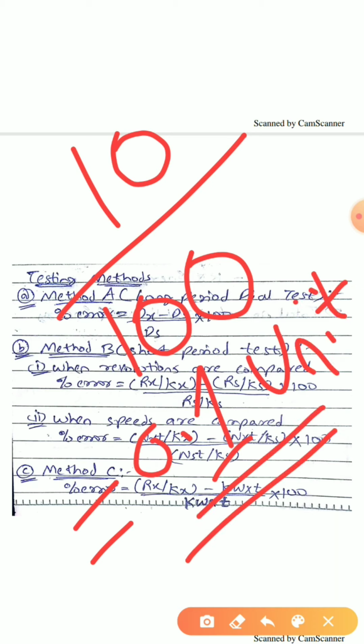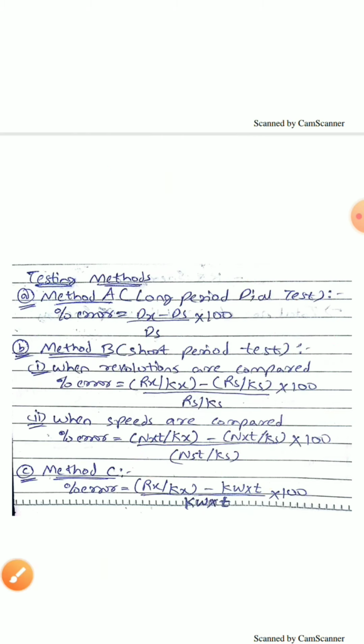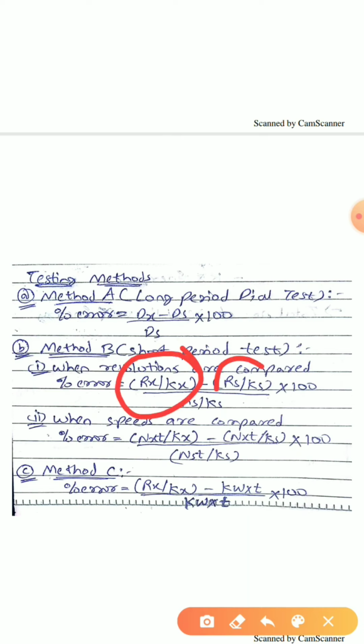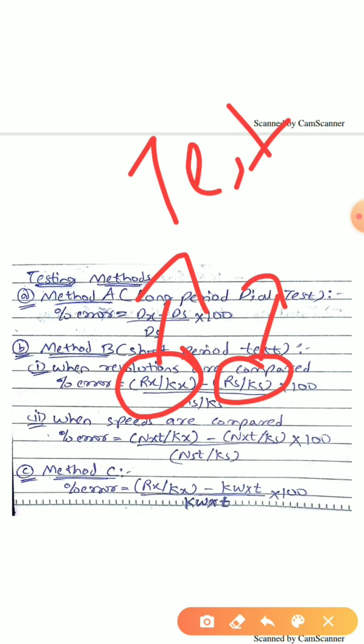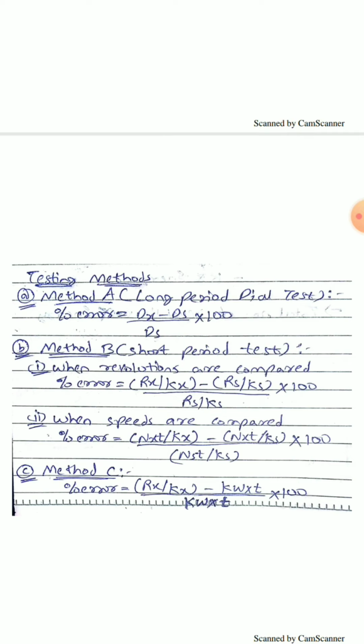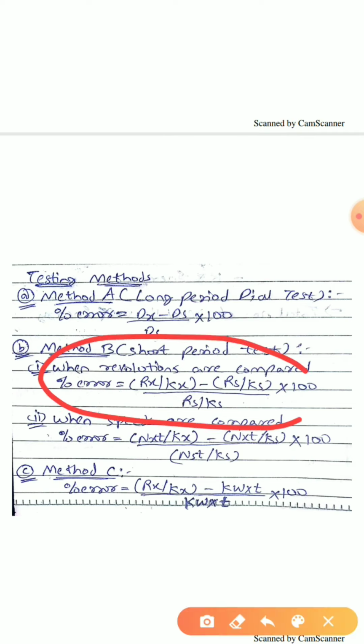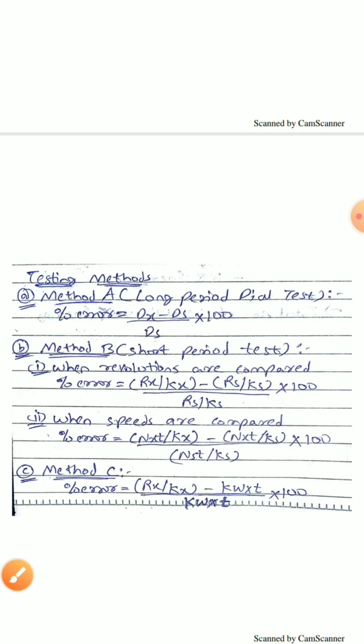As this is for a short period of time, it is not necessary that the readings will always be significant. Small readings will be there because of the short period. Using this formula I can easily calculate the error. Rx is for the meter under test, Rs is for the standard meter. Using this formula I can calculate how much error there is in the test meter that I am using. Comparing the revolutions, I can clearly make out how much error there is and what corrections or calibrations have to be done.